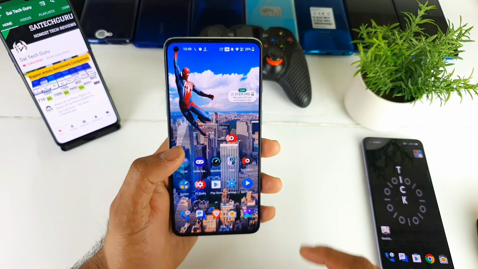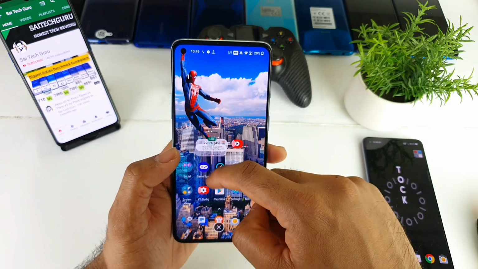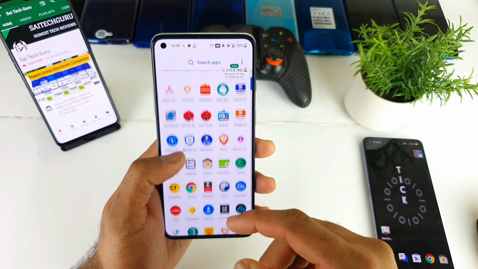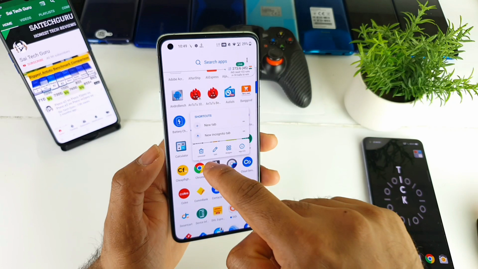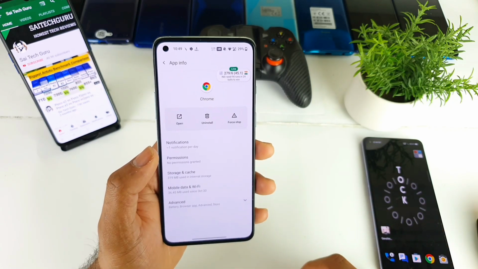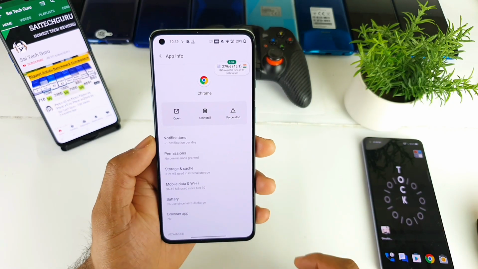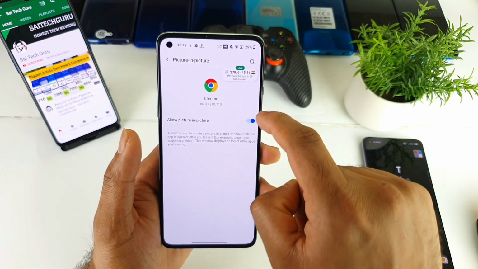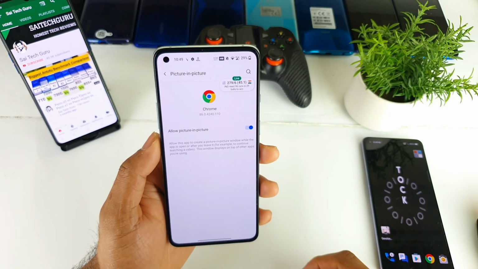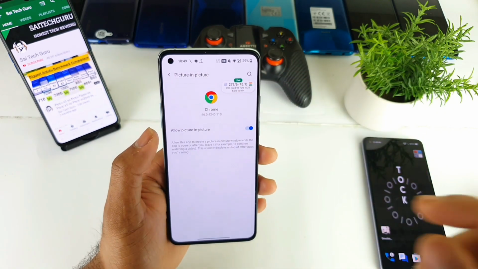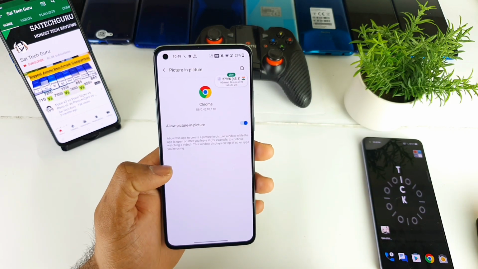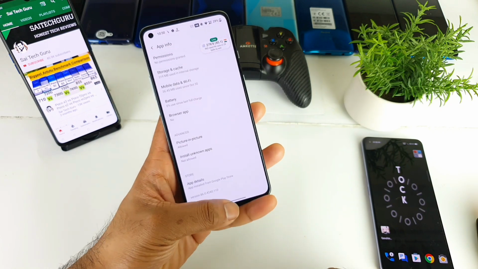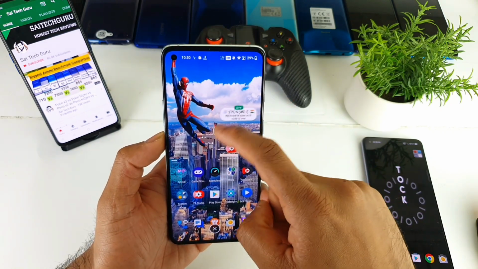And next, if you cannot see this floating window on your Android phone, there is another step you need to do. Let me explain. Try to long press on the Google Chrome application. Once you do the long press, go to the advanced options and go to picture in picture mode, and try to enable this option. Sometimes if you disable this option, the floating widget doesn't work, and in a few phones it doesn't work, so try to enable it. Once you enable that, it should definitely start working, which is really good and convenient.